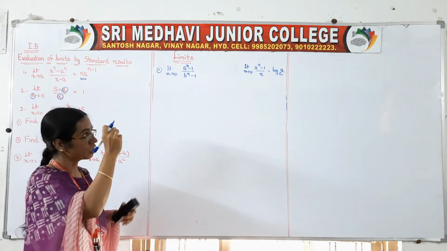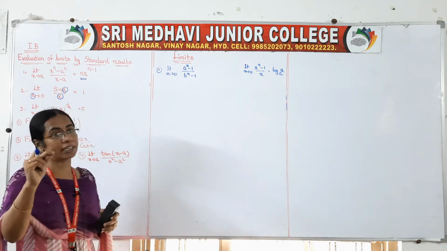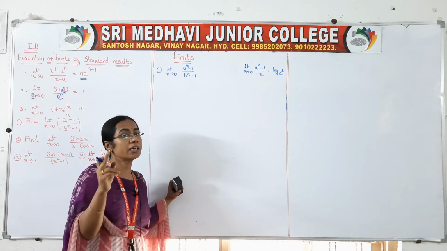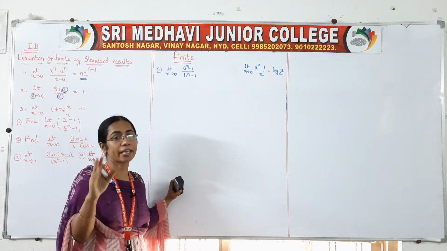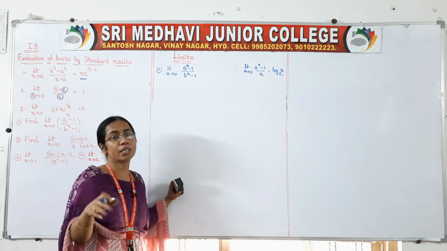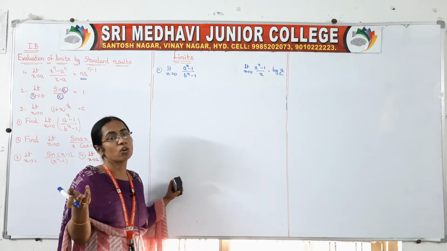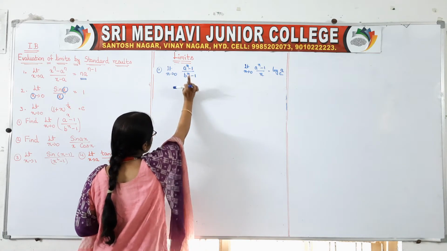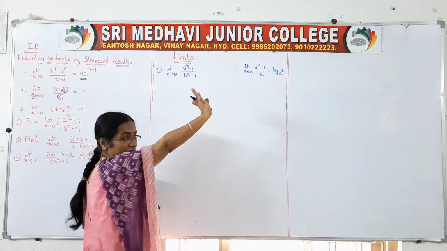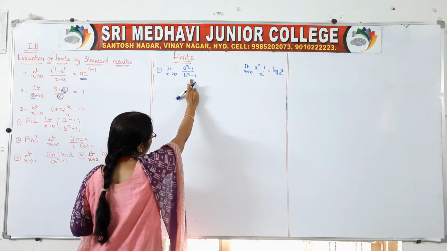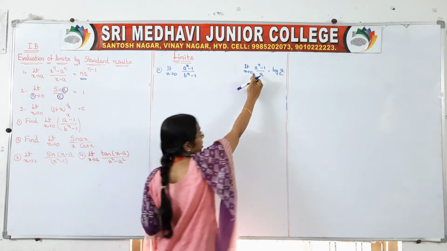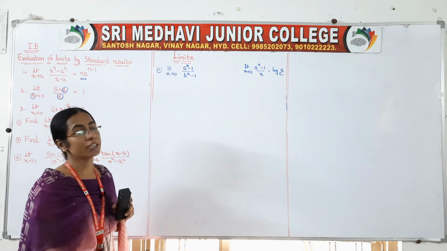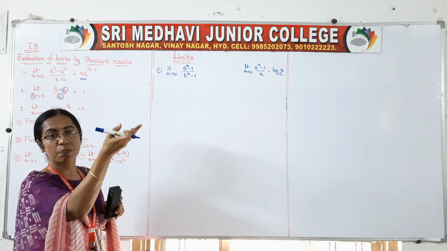There I said instead of a, we can have any letter except e, any letter or any number, right? Except e, because e is called exponential. Instead of a, you can have b, you can have z, you can have t, anything. Okay, so here if you observe, limit x tends to 0, a to the power of x minus 1 is there. That is in that form, but divided by x is not there. Similarly, b to the power of x minus 1 is there. What I said, instead of a, we can have b also. So the upper value is there, but by x is not there. If we can have by x, we can apply that formula.